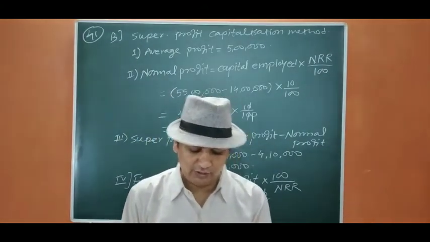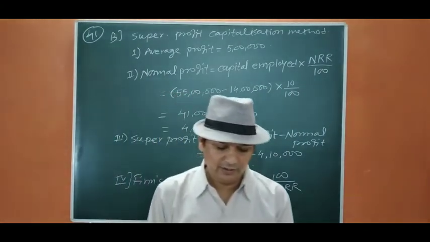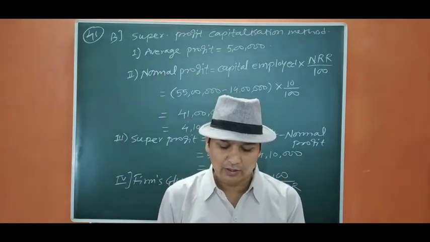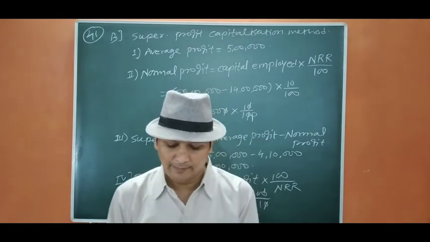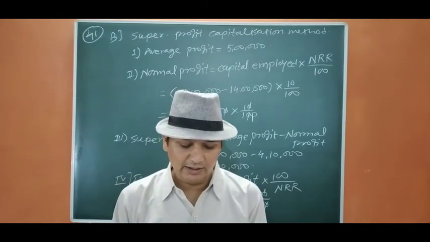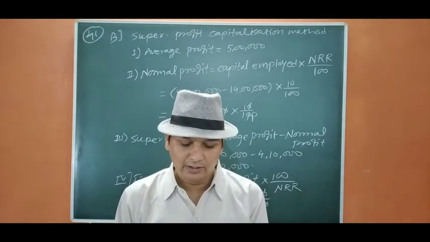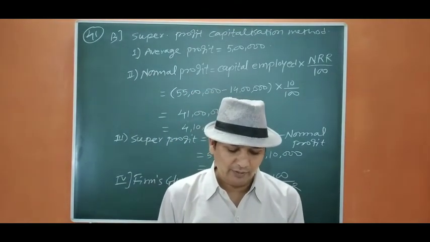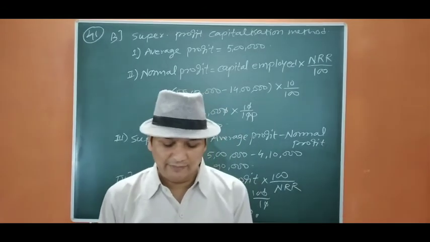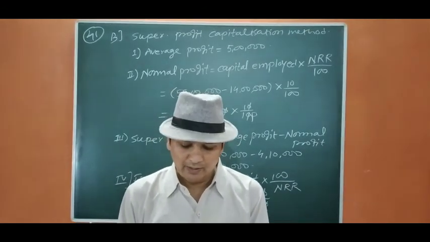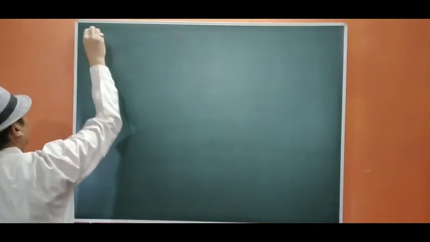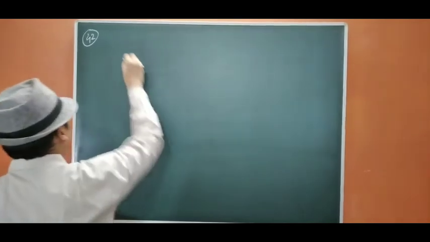Now we move to question number 40. On 1st April 2018, a firm had assets of 1 lakh excluding stock of 20,000. We are going to add it. The current liabilities were 10,000 and the balance constituted partner's capital account. If the normal rate of return is 8%, the goodwill of the firm is valued at 60,000 at 4-year purchase of super profit. Find the actual profit of the firm. So let us start. 40. This is a reverse question. From reverse we are going to calculate.